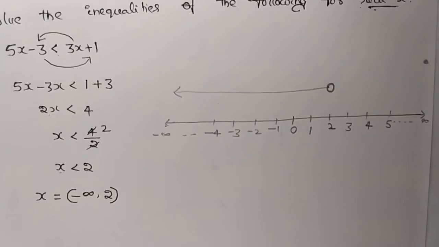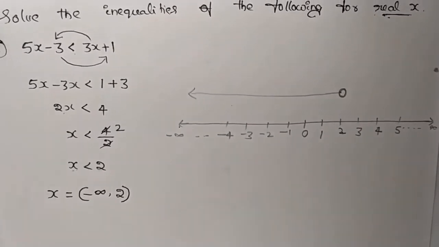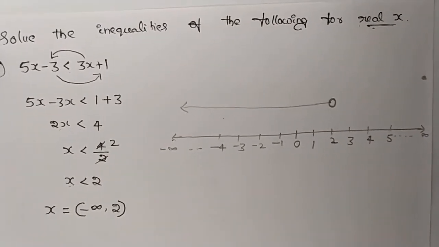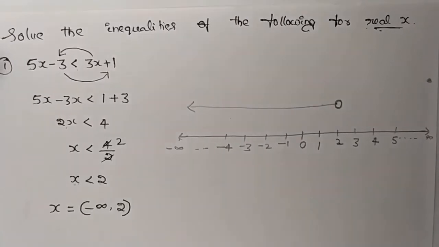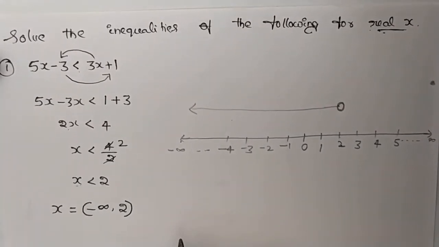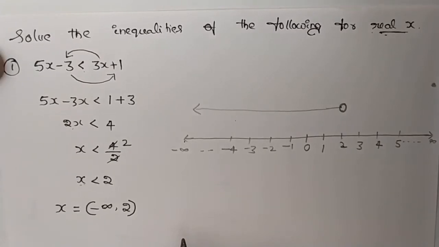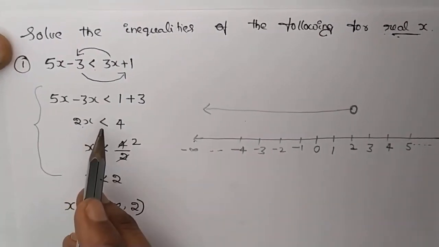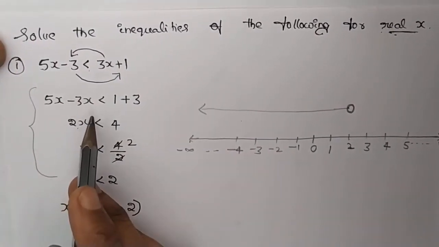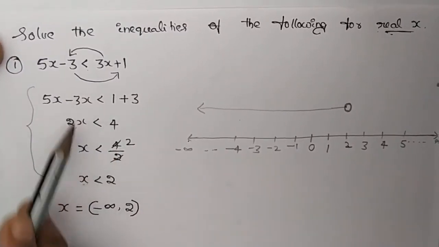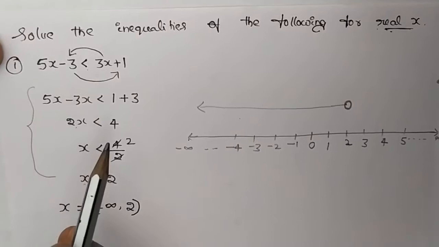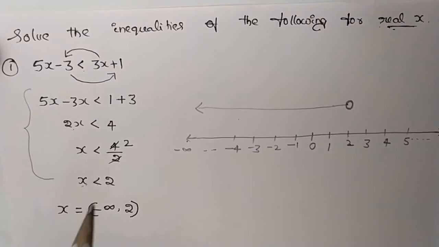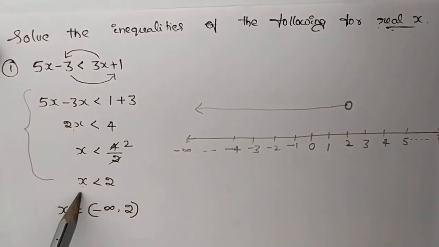Okay, the open interval minus infinity to plus 2 is the solution set, which is x is less than 2, where x is a real number. I already told you in the first class itself that the method of finding the solution set is called solving the inequality. So here we are solving the inequality.